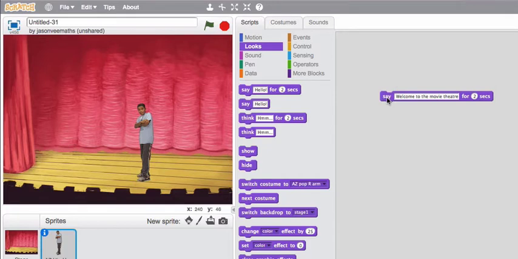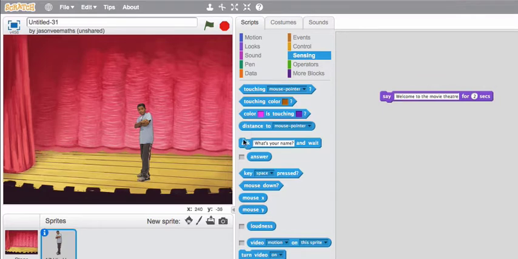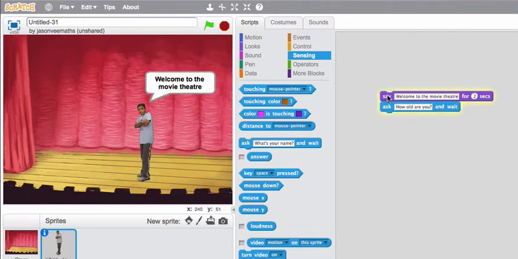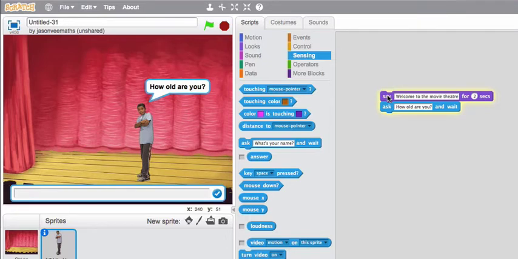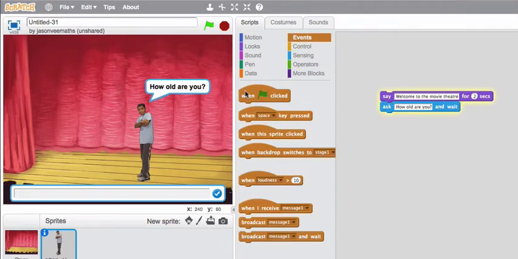Okay, and then we're going to ask the question, how old are you? So we're going to sensing and ask, how old are you? Once it's checked that that works. Great. And instead of me clicking on this to start it, I'm just going to go to events, and we're going to set up an event handler that when the green flag is clicked, it will start the sequence, play this one, then this one. So let's check that that works. Great. Now this puts up a prompt box,